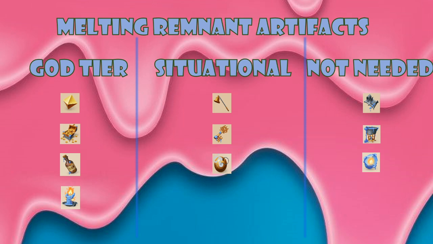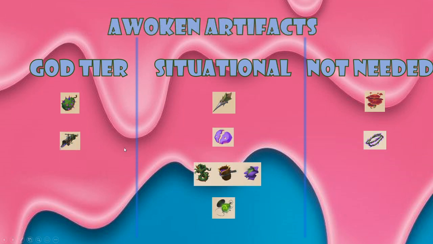But, you know, this one more so than the other. These two I just think are completely useless. This one maybe has a use in some niche scenarios, but in general, if you don't, I wouldn't target it, let's put it that way. These are really the ones you want to target, and then sometimes these. And moving on to Awoken artifacts,